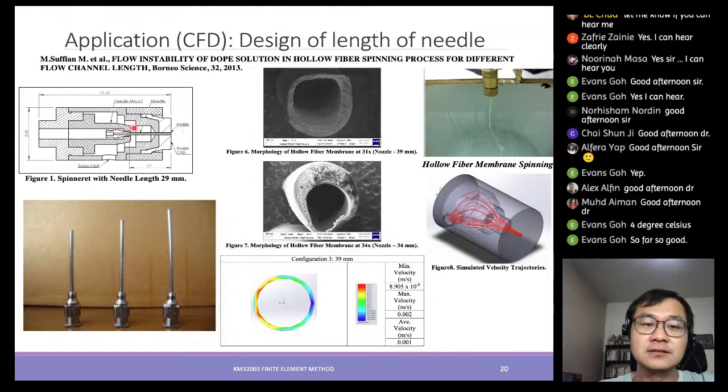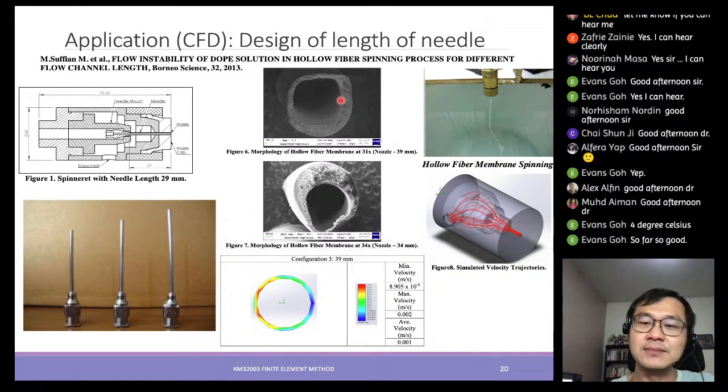This application is a spinnerate, where it is being used to generate or manufacture nanofiber. This is a chemical liquid flowing through, and when this liquid drops into the water, it will form the fiber itself, in the hollow. So what he intends to produce is a hollow fiber, something with a hole in between,